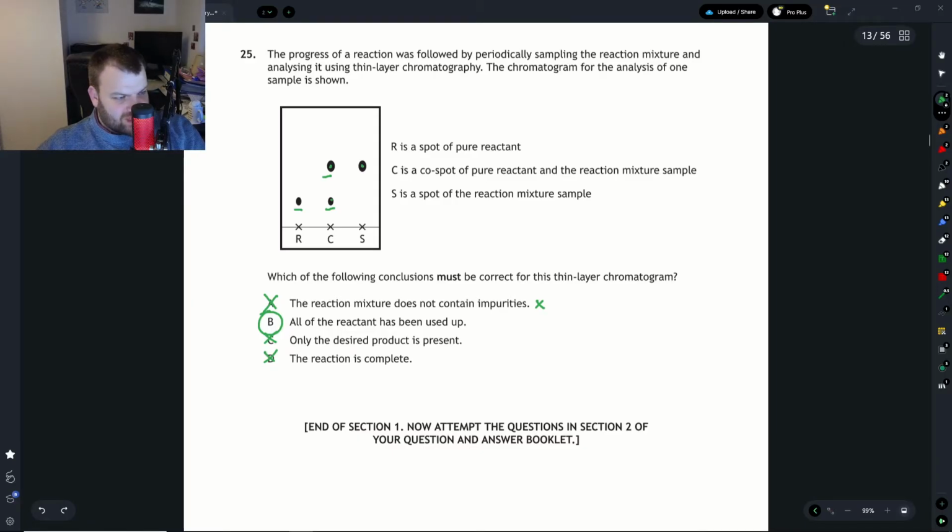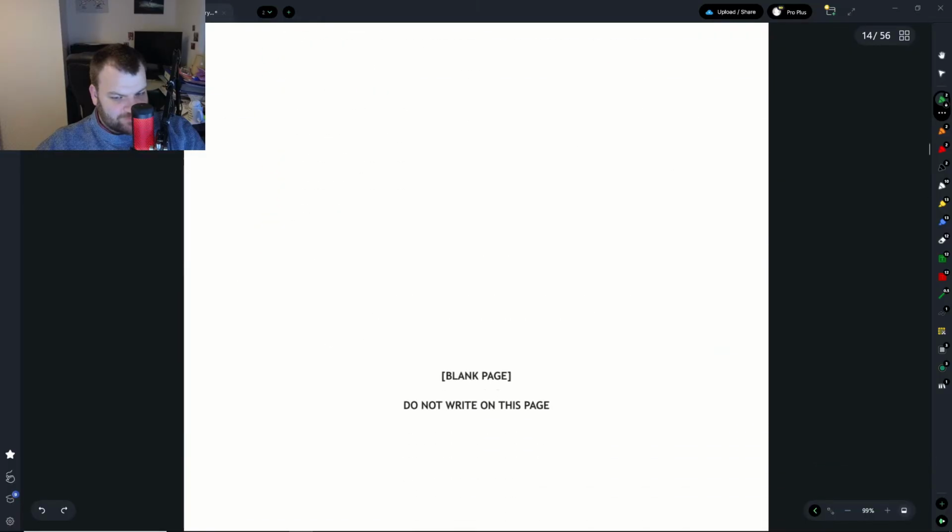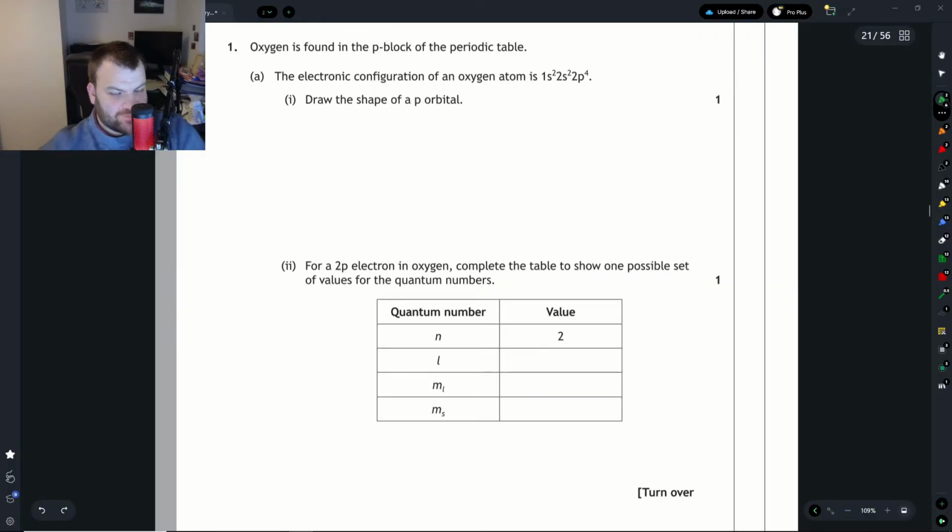And that brings us to the end of that paper. Moving into paper 2, we're asked to draw the shape of a p orbital. If the question was wanting an s orbital, that is just a circle. We have a dumbbell shape for a p one. It can be in any orientation because we're not told which specific p orbital we've got, so any of